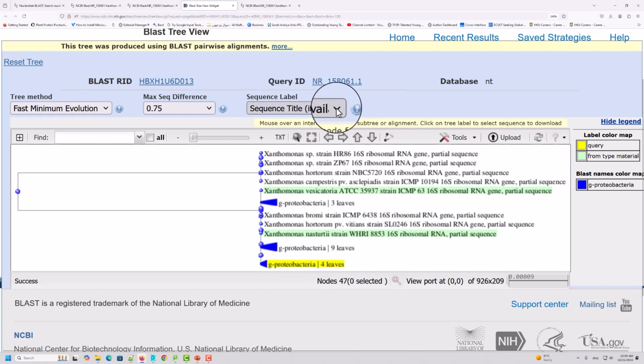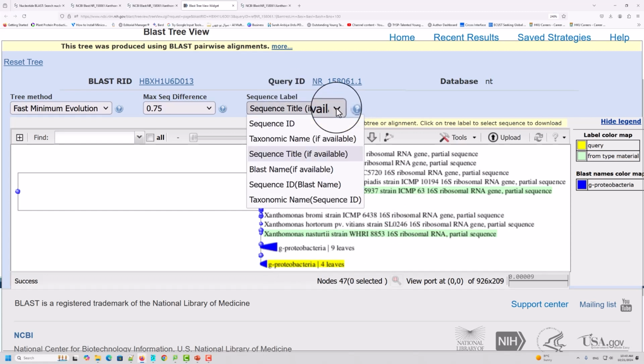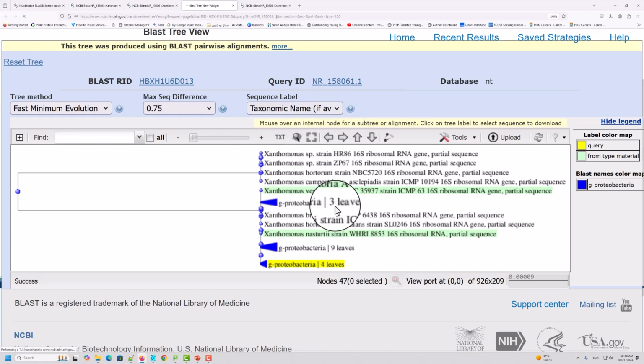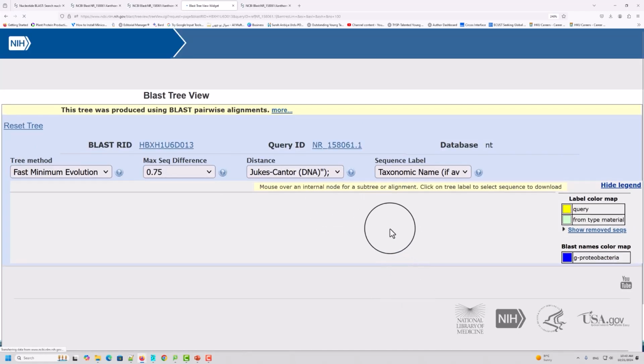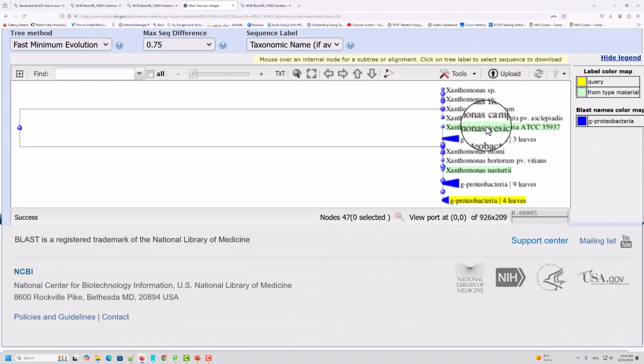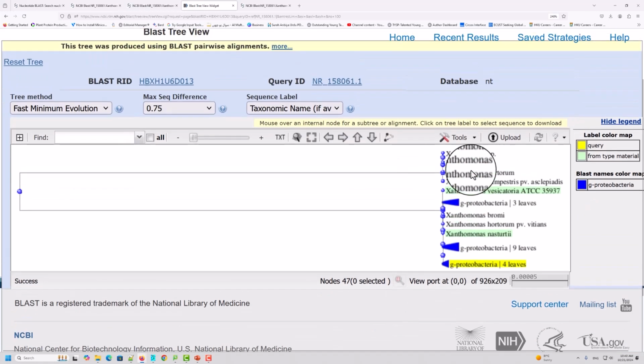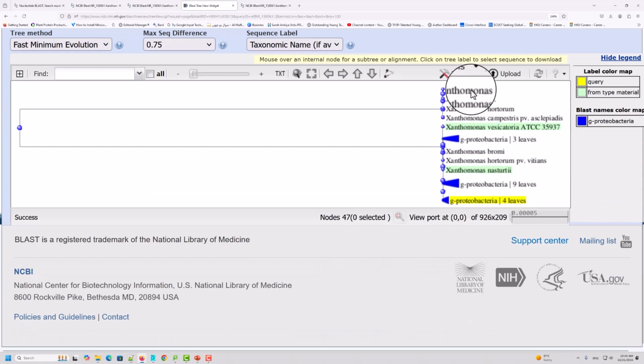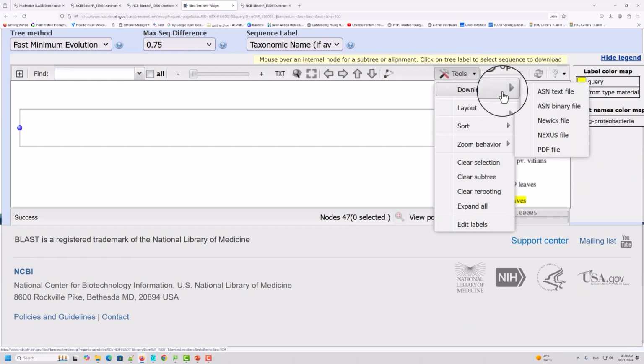And this is, if you want to change the sequence title to only the taxonomic name, it will change it to the taxonomic name and delete the other information. It will use only the species and the genus name. So what you can do here, you can go to this tool and you can download this